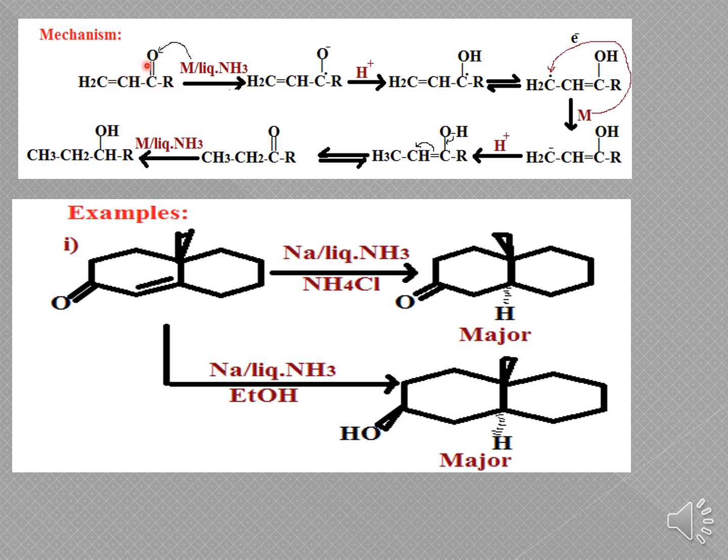So if you take the carbonyl group and treat it with the metal in liquid ammonia, what happens here is the metal again loses the electrons. So there is a homolytic fission. When it is homolytically cleaved, it will give you two radicals, one radical on the carbon atom and one on the oxygen. I will show you with the arrow mark. This is homolytic cleavage. So the carbon gains one radical, and the oxygen gains one radical.